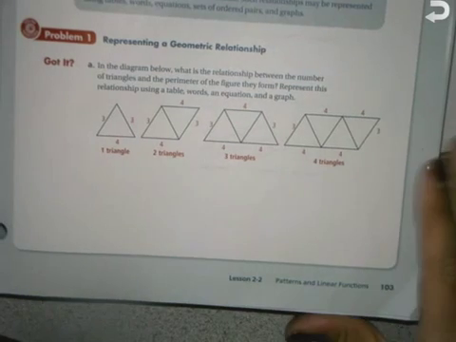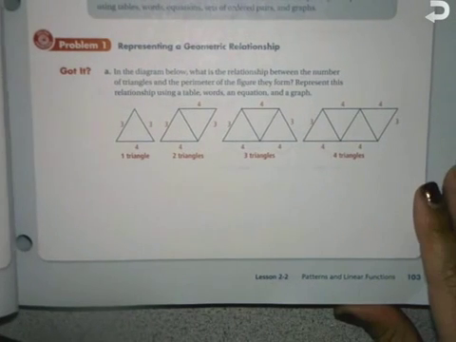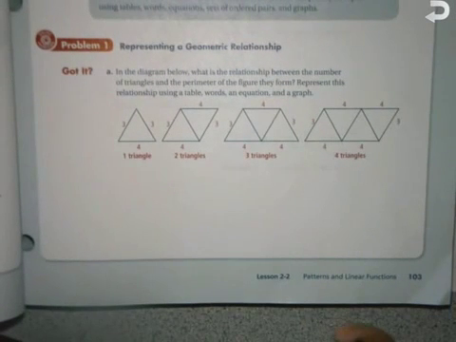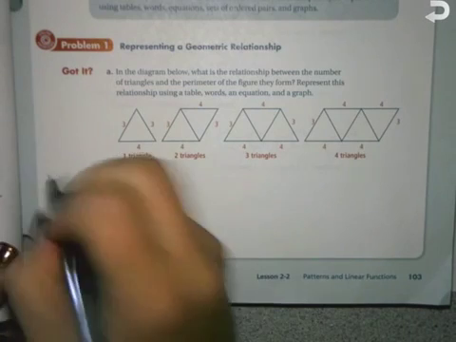So now what I want you guys to do is, with the person sitting next to you, do problem 1 in your textbook on page 103. It's basically the exact same thing, but we're looking at triangles. So you are going to need to do a table, words, an equation, and a graph. So let me show you how I kind of